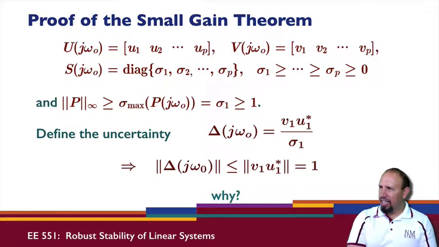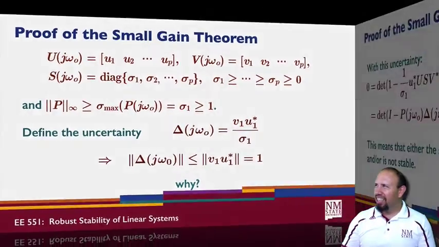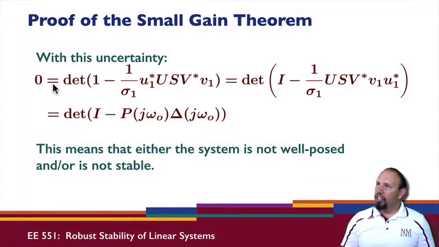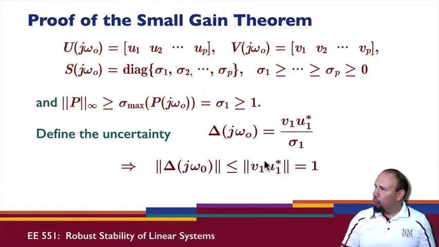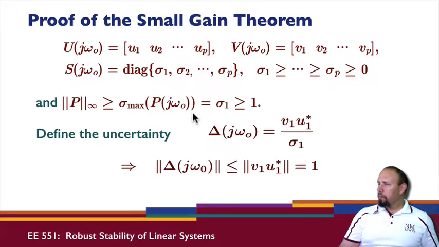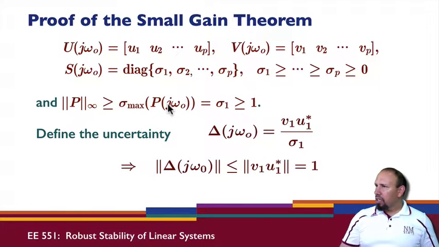So actually I asked why, but I've already just told you why. All right. So with this uncertainty at that frequency, we have this relationship. 0 is equal to the determinant of 1 minus. So notice that this quantity has norm 1. Okay. But this quantity, so if I take this quantity and multiply by P of j omega, actually the norm of P of j omega,